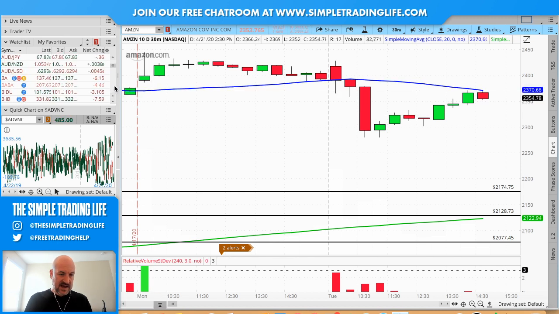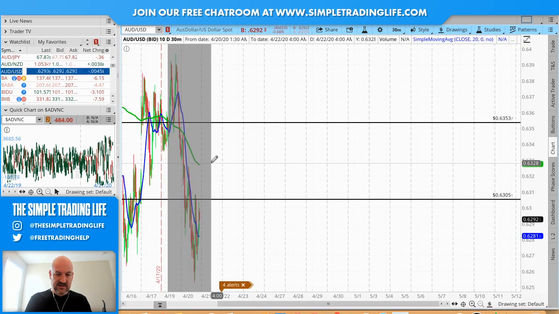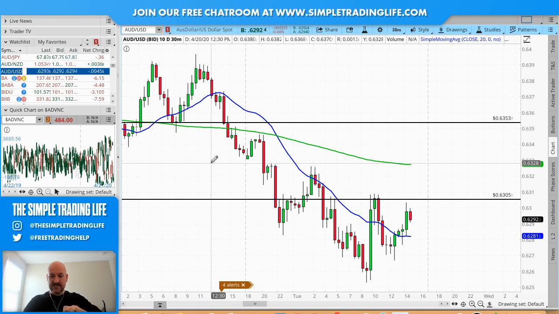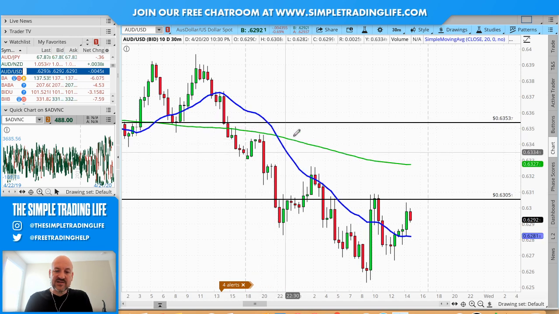Let's look at Aussie US Dollar. This is a Forex name. One thing that I see right off the bat, I do not personally trade crossovers, I know a lot of people who do, and I even teach you how to do it. But if you do, right here was where the 20 crossed over, right? Crossed over on its way down, the 200.